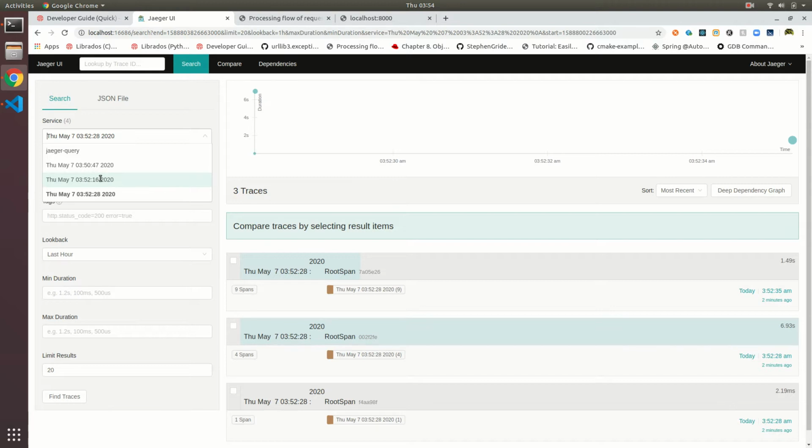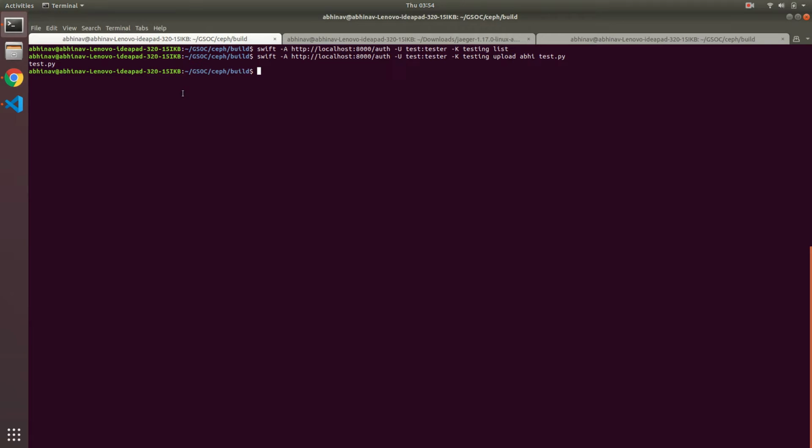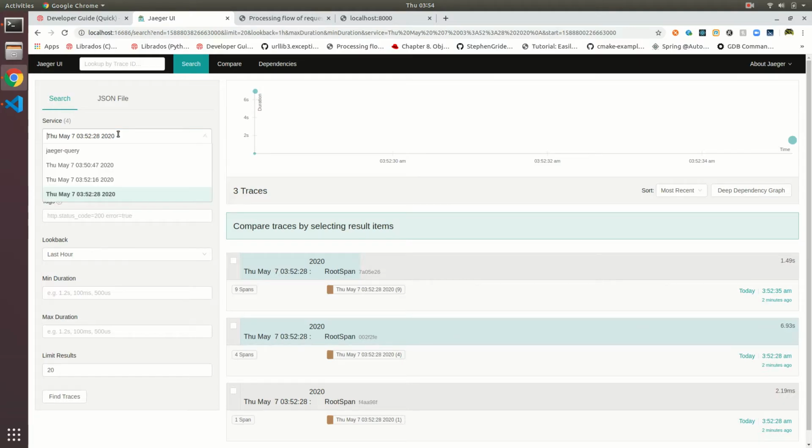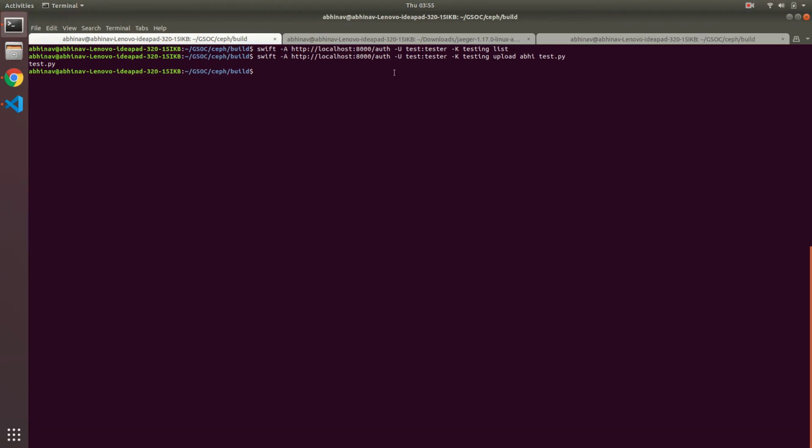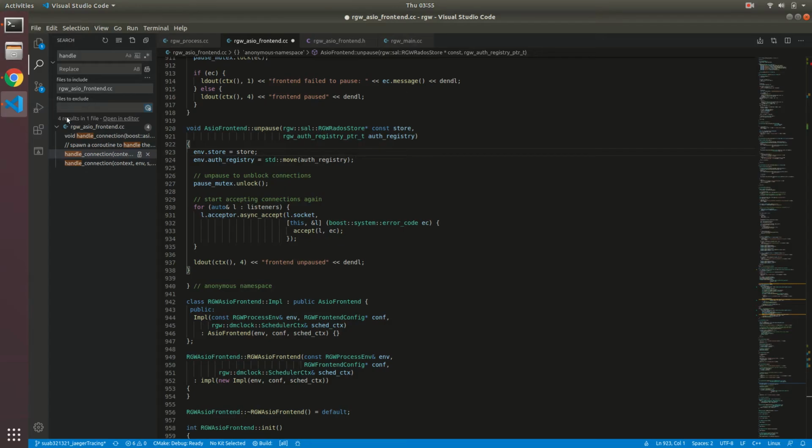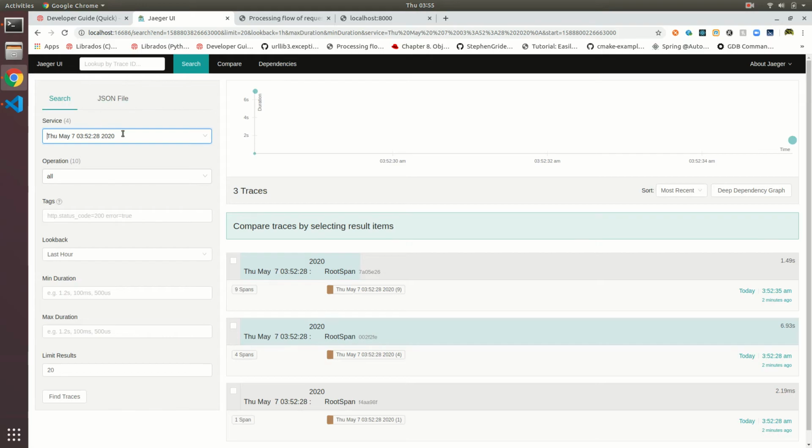I want to keep this timing the same, so that if a user wants to see the particular trace of his request, they will know that if the time of two traces is the same, these two traces come from a single request. But here the times are different, so the developer or the user might not be able to understand that these two are from the same request, that is this one. So this is the problem that I am currently facing.